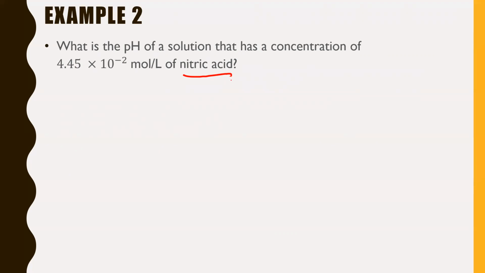That's the reason why this one's tricky. It is not giving us the concentration of our H3O positive. It's giving us the concentration of the nitric acid. Now, why does that matter, you might ask? Well, let's write out the formula for nitric acid. Nitric acid is hydrogen nitrate. Nitrate is NO3, so this is going to be